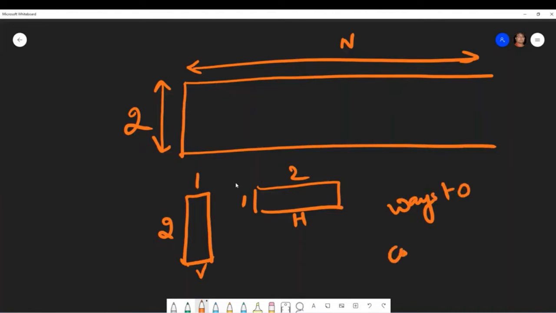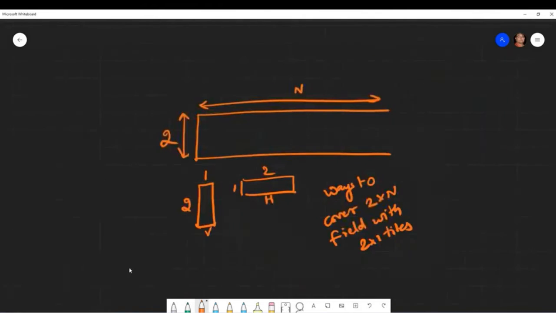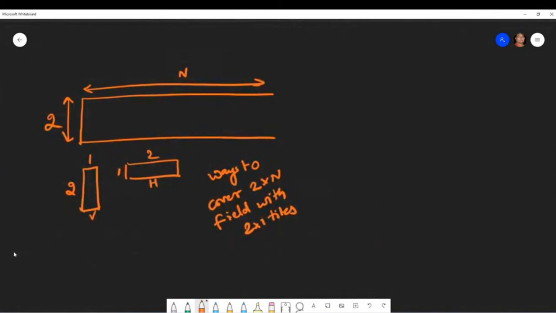to cover a 2 cross n field with 2 cross 1 tiles. So you're looking for arrangements and patterns. So if we just talk about, let's say, n as 2, if n is 2,